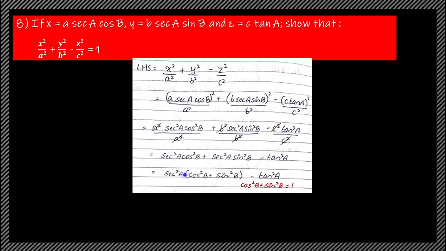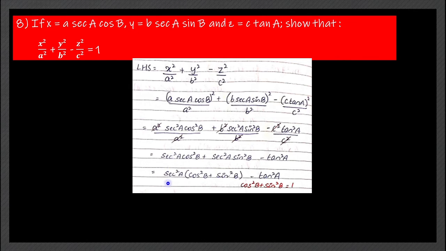1 by cos square a, or you can take secant square a as common also. In this methodology I have taken it like that. If you convert it and then solve, probably you might not get it, because here it's not cos square a, it's cos square b. The angles given are different angles, so you cannot take them as sine and cos. I'm sorry about that.